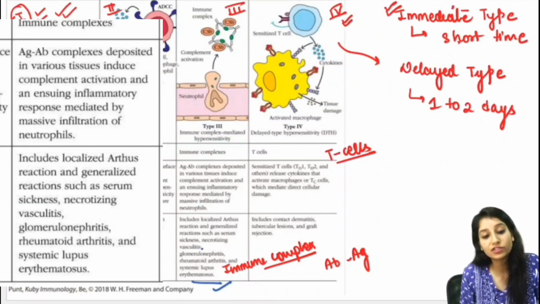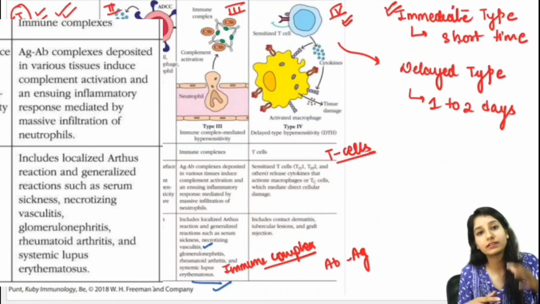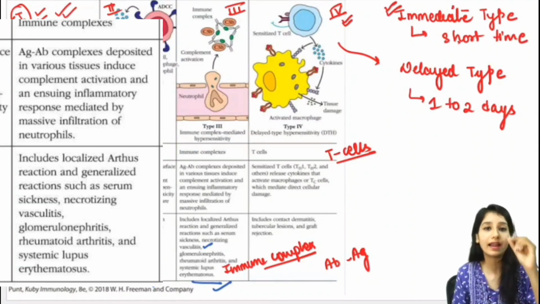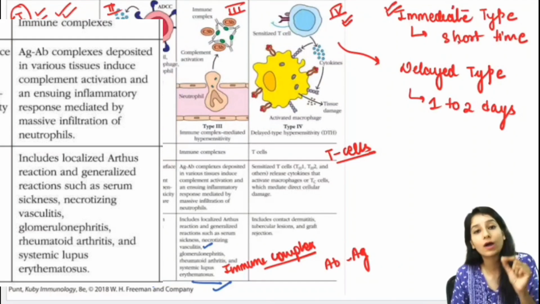Similarly, vasculitis can occur. What is vasculitis? Vasculitis occurs when the antigen antibody immune complex is bound with the blood vessels. So if they are bound with the blood vessels, what will these cells do? They will start damaging the blood vessel. Similarly,